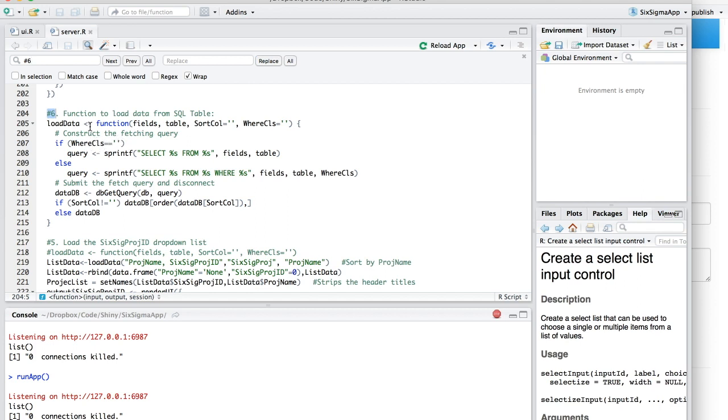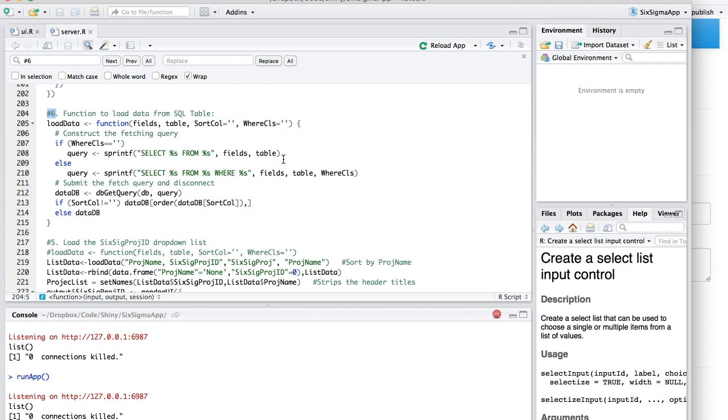So in our case, we don't have a where clause for that particular call. So it skips this, right, and it builds a query using this command that basically takes a string with some placeholders and plugs whatever comes after the string into those placeholders. So I receive the field name, it just goes select fields, whatever fields I pass to the function, from table, and